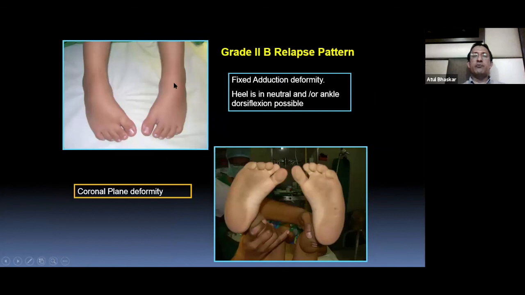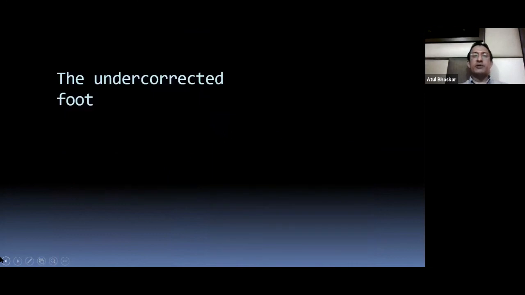And finally, you get the rigid relapses. This again will come in the exam as a full-blown relapse, where you assess the midfoot, the hindfoot, as well as the forefoot, and comment on the weight bearing of the child. You can see there's hardly any weight bearing on the medial side. You can see the dirt on the lateral side. So this child is walking on the lateral border. Heel correction is not possible. There's no dorsiflexion, and this is what is called the undercorrected foot.